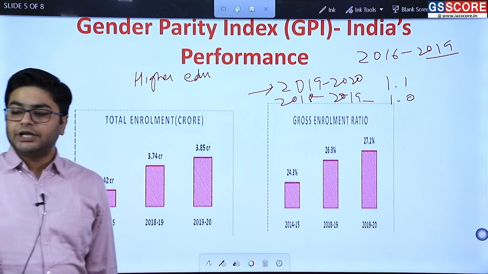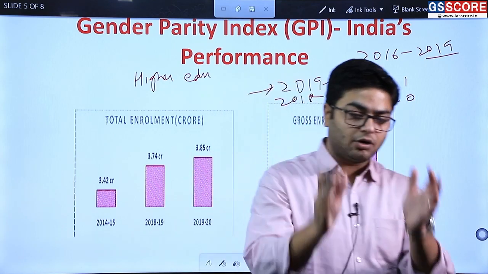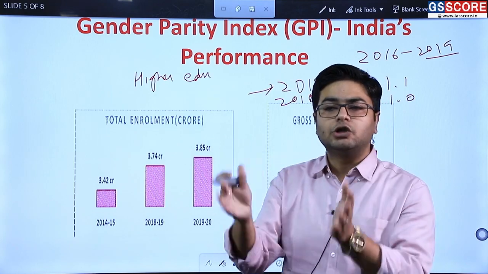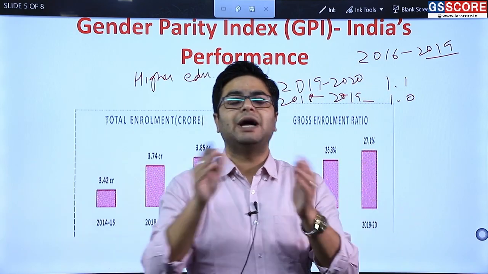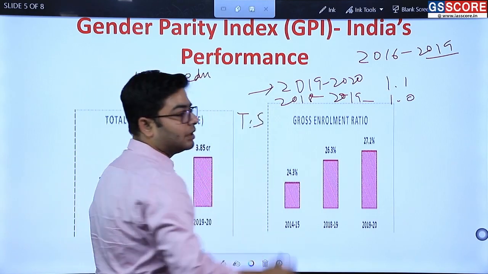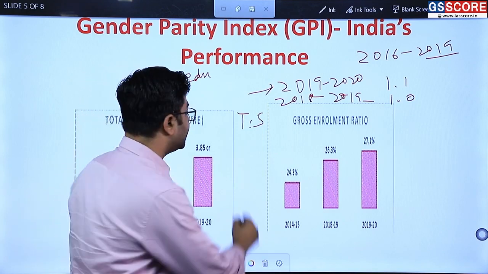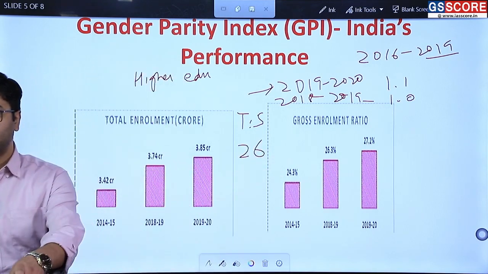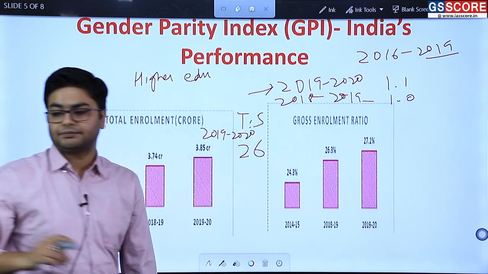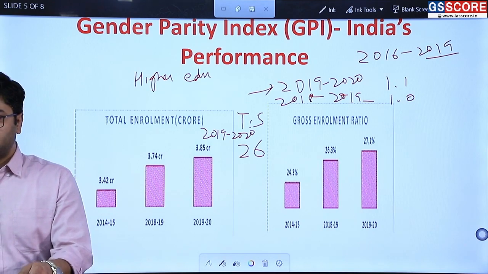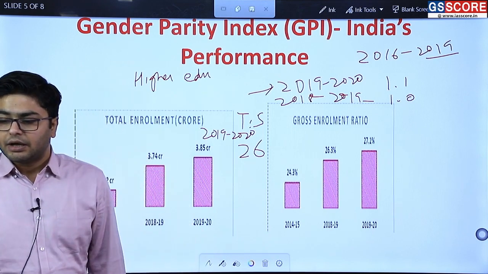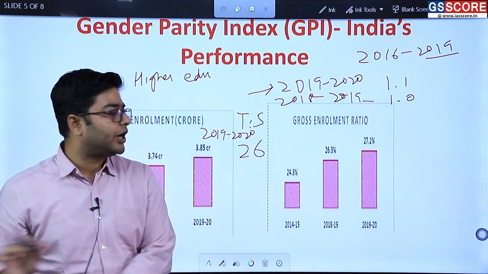Then the pupil to teacher ratio, while it looks at a substantive aspect of gender parity, it also looks at other subheads. For example, the teacher to pupil ratio stood at 26 in 2019-2020. So these are some of the takeaways as per the index: 3.38